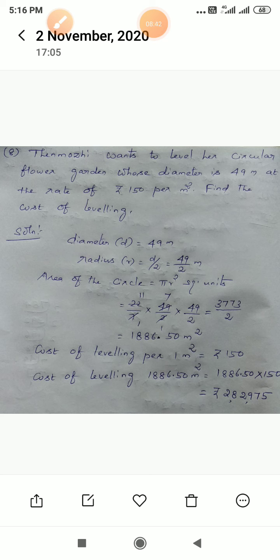Area of the circle equal to pi r square square units. Pi equal to 22/7 into r, 49 by 2 into 49 by 2. Now we divide 22 and 2 by 2 table. 2 ones are 2, 11 2s are 22 and 7 ones are 7, 7 sevens are 49. 11 into 7 into 49 equal to 3,773 divided by 2. We get the answer